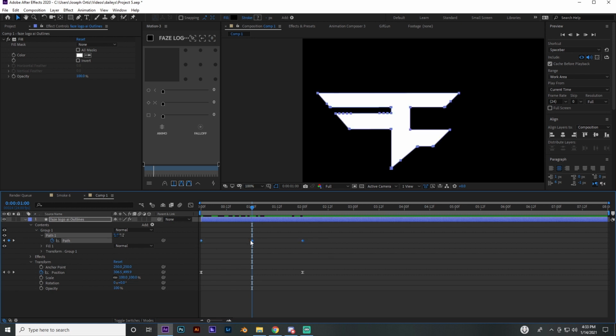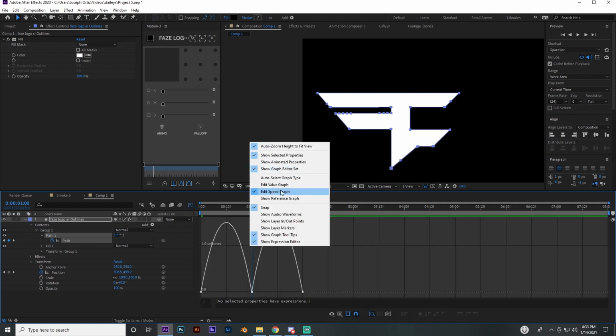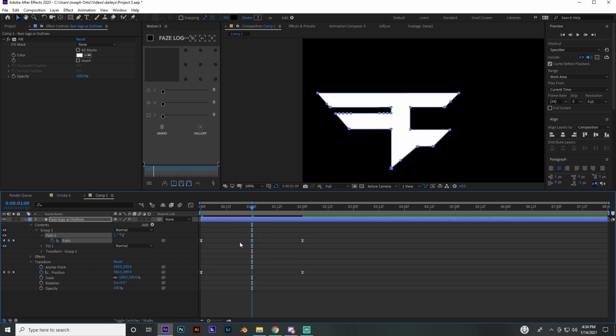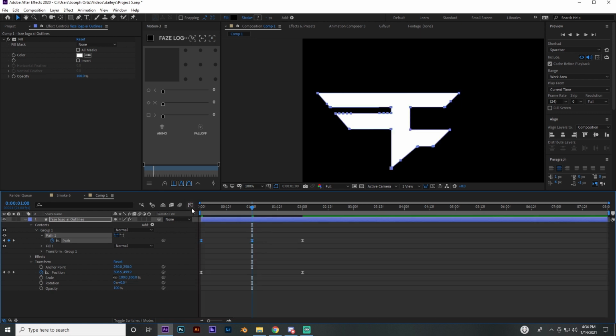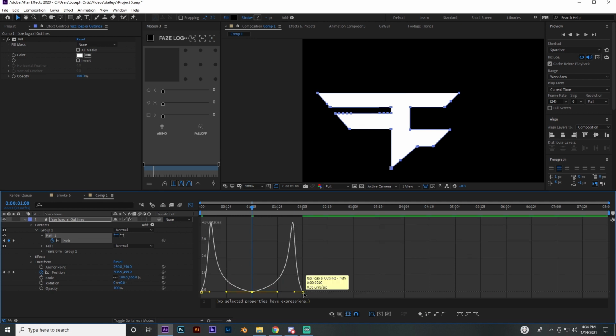We're going to do the same thing. We're going to easy ease these keyframes as well. I'm going to go into the graph editor. Value graph, speed graph looks the same for these, so it doesn't really matter. And I could just play around with these. If I wanted to make this one like this,